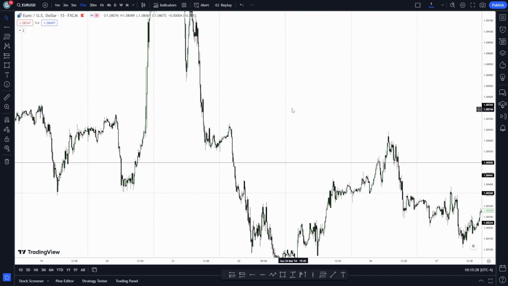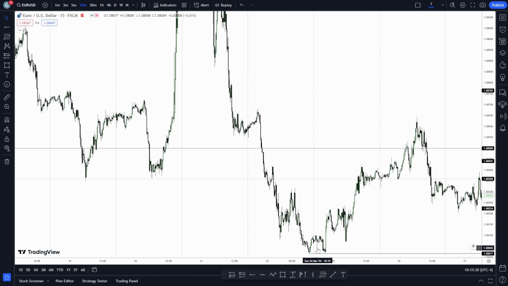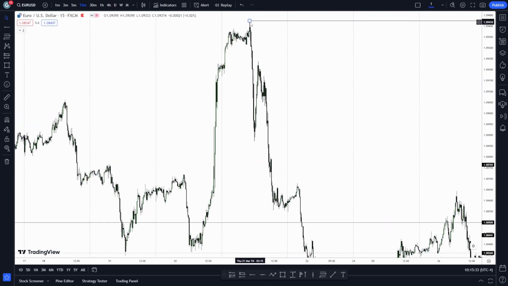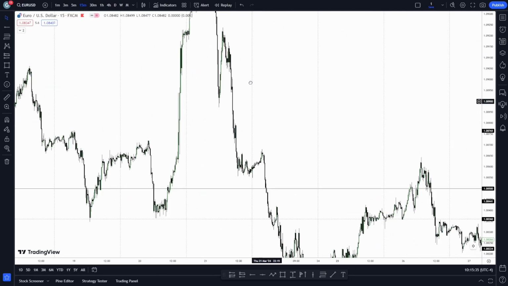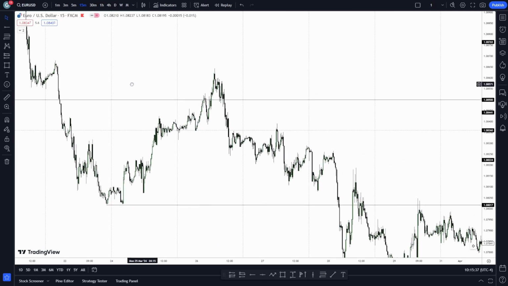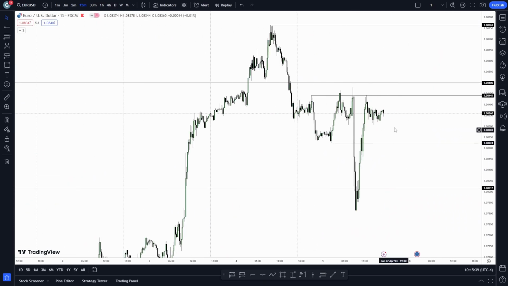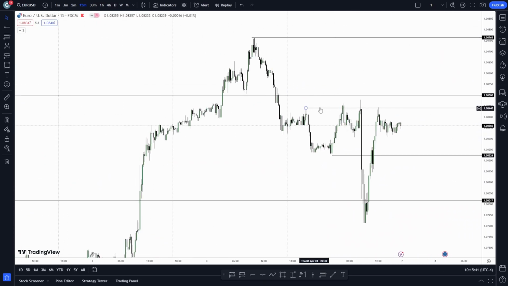Okay, so these are extreme levels, and these levels are an external liquidity, not an internal liquidity, because this high over here was an internal liquidity, right? But if price would have gone and taken this high, this would be external liquidity. But price took the high and then it fell down, and our entry will be just a little bit above this level. Okay, so over here also, you can see that price gave us some sort of